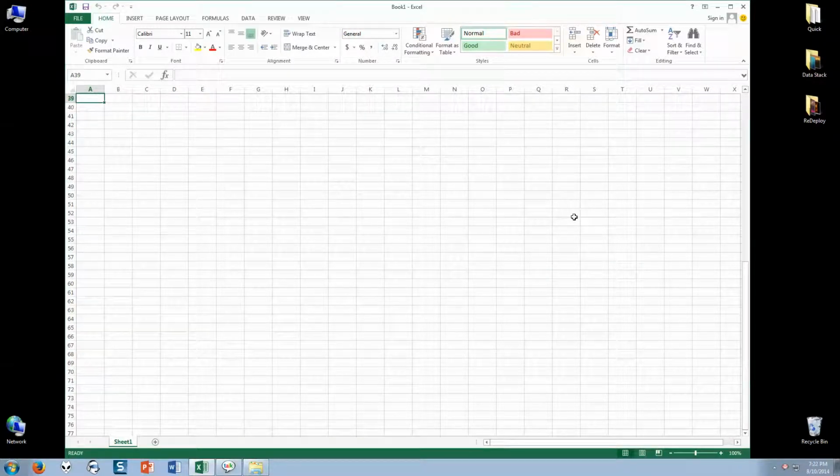Same story with 77. When I press Page Down, I'm going right to cell 77. There we go. Page Up jumps back to the previous cell. If I press Page Up now, 77 will be the lowest cell on my page. And now that I'm on 39 and 77 is the lowest, Page Up again will put 39 as the lowest cell on the page. All over here we can see where all of these different